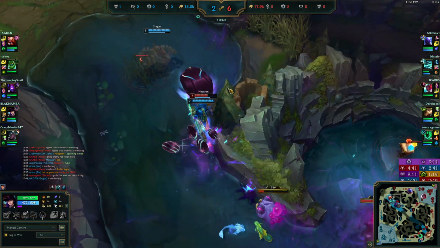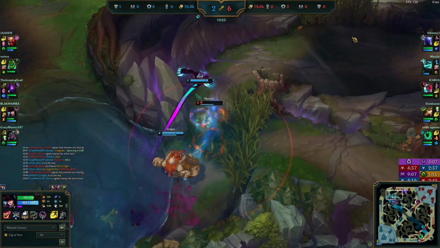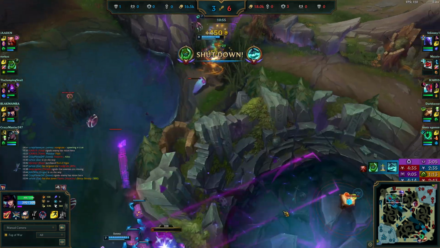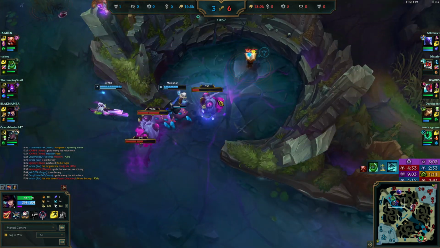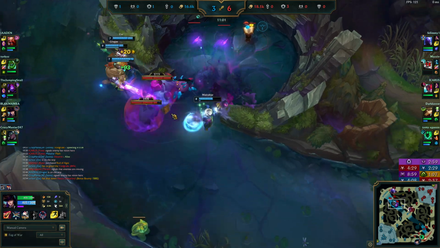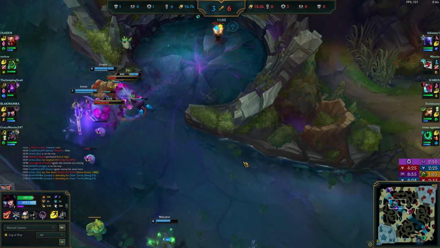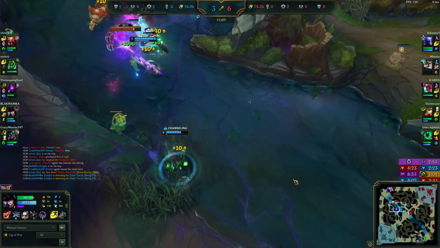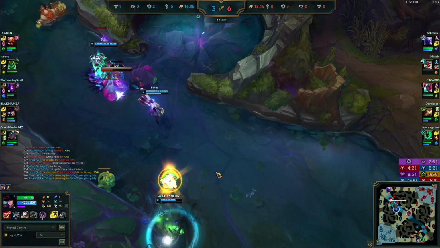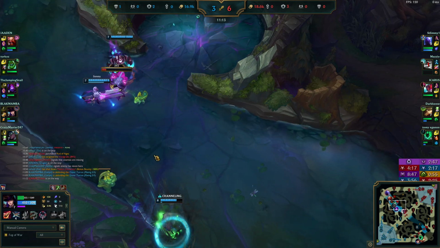Zach just ulting the Hecarim, Gragas with the DPS, nice, get that, good stuff, get the Void grubs. I'm just going to drop some little Voidlings here to kill the Void grubs. I don't know if that's cannibalism or what, but I decide to back here though. They've still got Voidlings helping out and whatever there. They can deal with